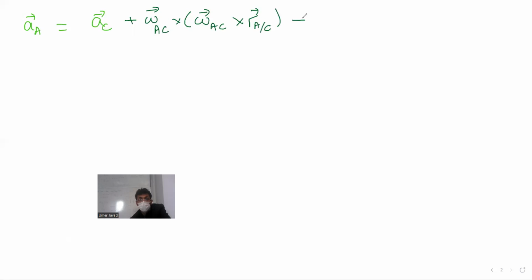Plus omega dot. As one of the students said, I am more inclined towards using the symbol alpha, but if you want to use omega dot, I have no issues. R A with respect to C. You write here A, you change this from A slash C to C slash A. No. Problem is a goner. The points are gone. Okay. Don't make those mistakes. In a pressure situation, it's very easy.